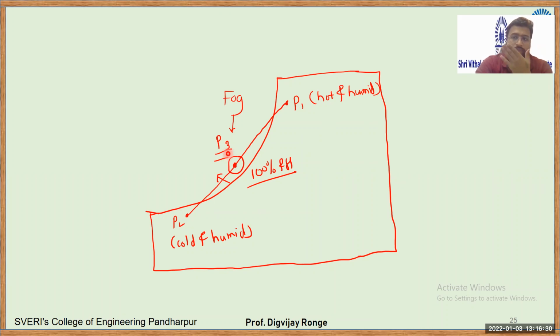The outside hot air is combined with the cold air inside the fridge, and condensation of water particles takes place. These liquid droplets hanging in the air are nothing but the fog. So that is another case of fog. When you open the fridge, the outside air, which is hot, combines with the cold air inside, and you see fog.